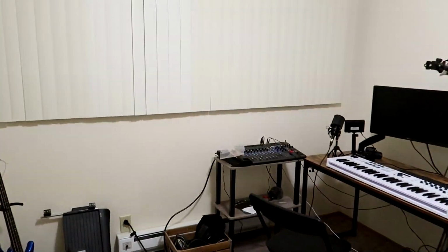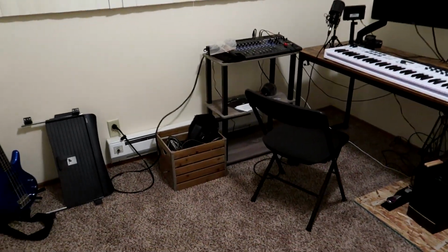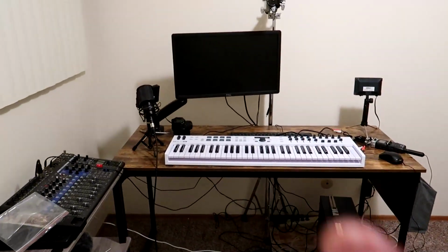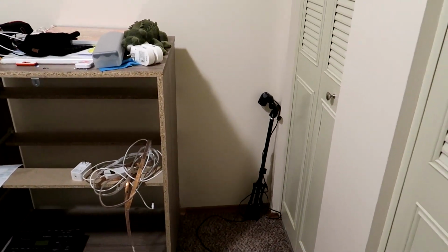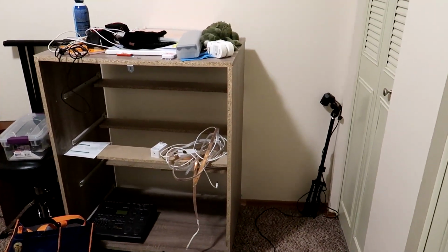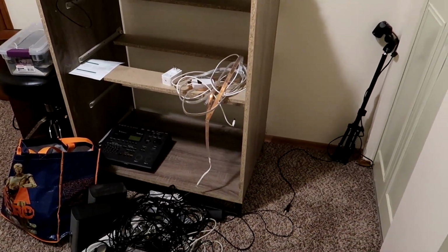And that is going to be facing this way, I believe. Obviously, I'll have to do some tinkering here, but yeah, I want to face this way with that, and the idea is that the camera that's right here, acting as the face camera when I'm recording at the desk facing this way, can swivel and then record me at the drums like that. I would love to have an overhead drum shot as well, but we will cross that bridge when we come to it. So all in all, very excited about just having the ability to play the drums again